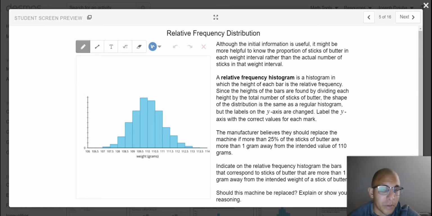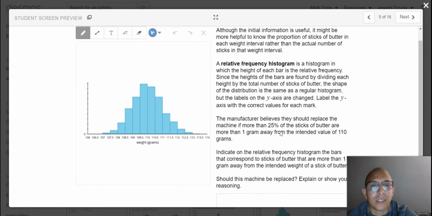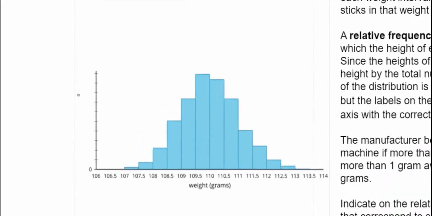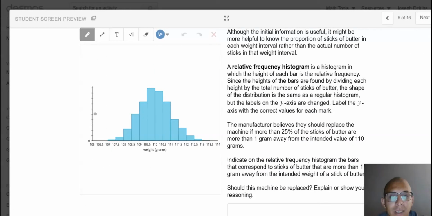So I'll spare you the trouble here, but read through this. A relative frequency histogram is a histogram in which the height of each bar is the relative frequency of that interval. So since the heights of the bars are found by dividing each height by the total number of sticks of butter, the shape of the distribution is the same as the regular histogram. Labels on the y-axis are changed. So I would like for you to label the y-axis accordingly